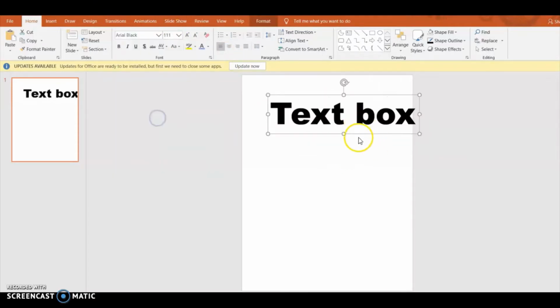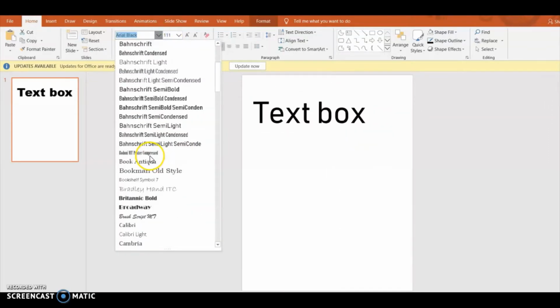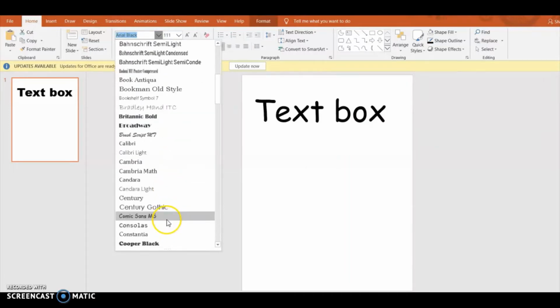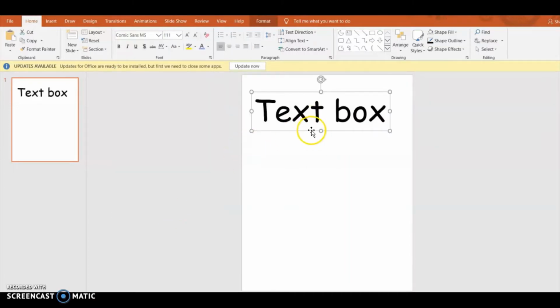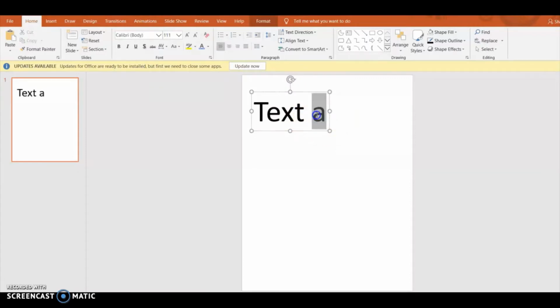By the way, the ones a lot of us like to use in here are Bradley Hand or even Comic Sans, because it just looks a little more kid-friendly. The thing we don't like about some fonts is the A's. The A's in Comic Sans, you see it's the regular type of A, whereas in other fonts, it becomes like a script A, which is hard for the kids. We don't teach them that, especially in the younger grades. So that's why we use these type of fonts. Anyhow,